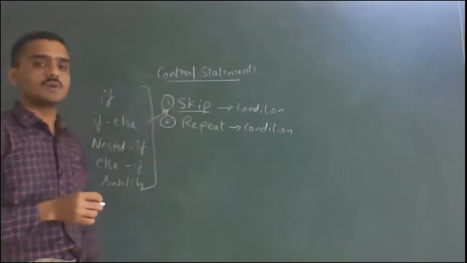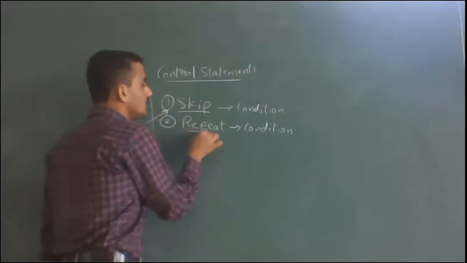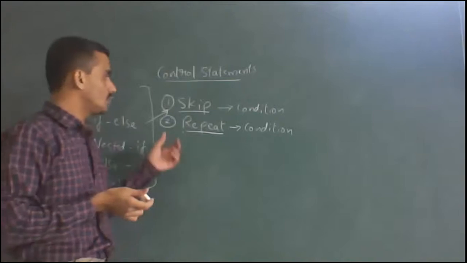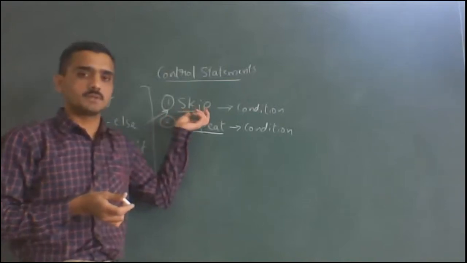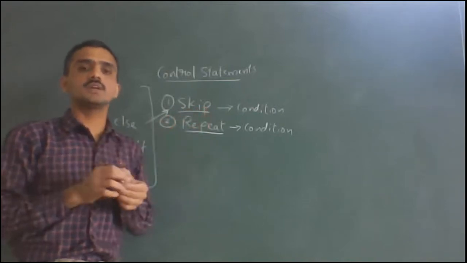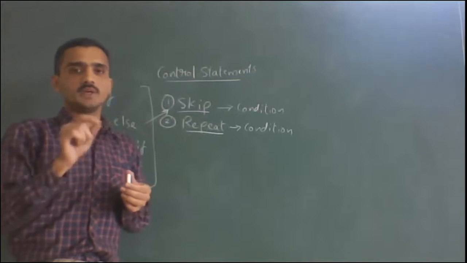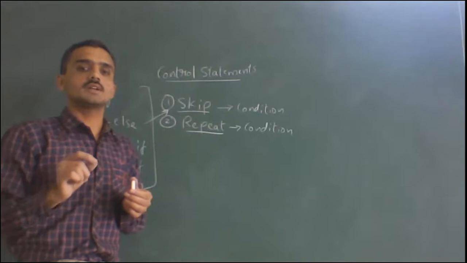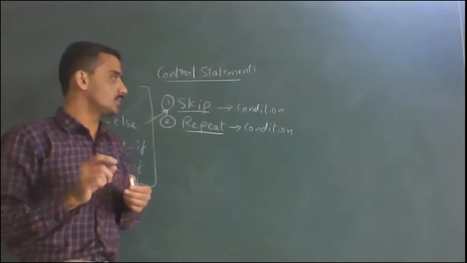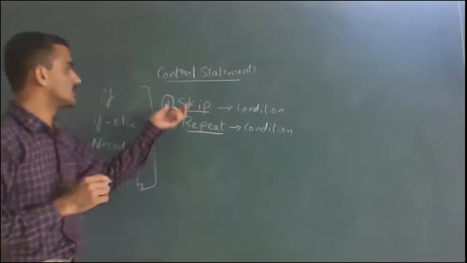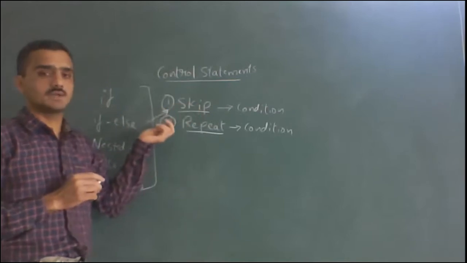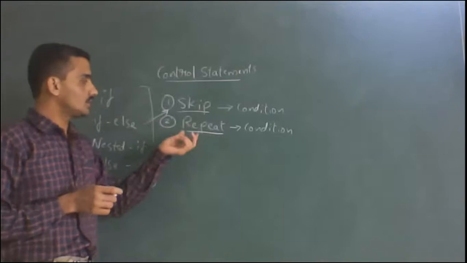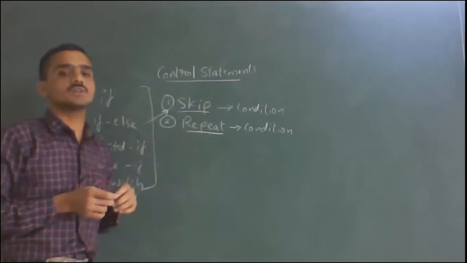Now next we will go to control statements that repeat the execution of statements. See what happens when it repeats. We came to know what happens when statements are skipped, depending on the condition, like if 20 is greater than 10, you print 20 is large. Otherwise, you print 10 is large, or you don't print anything on the screen. Now we will see what happens when it repeats the execution. First of all, we will see what is the repetition of execution of statements.